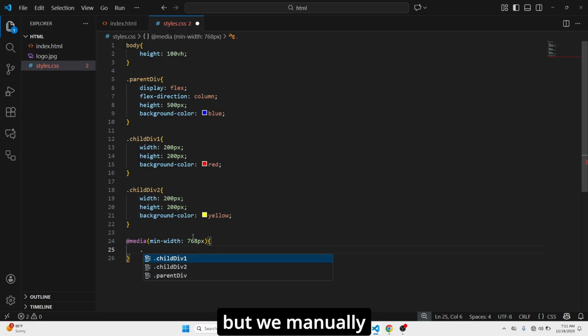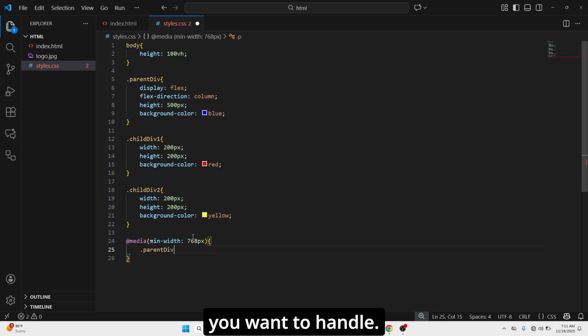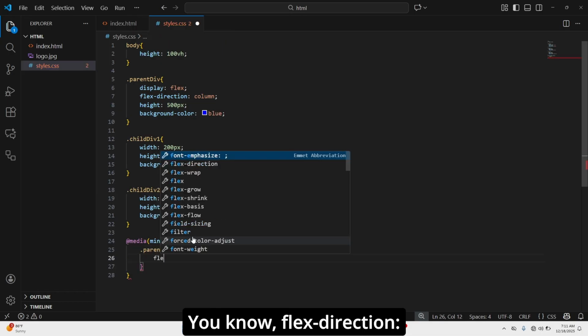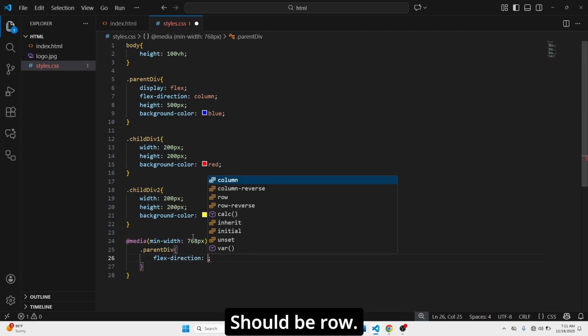By default it is a row, but we manually change it to column because we are giving priority to mobile first view, to smaller screen. But we'll now say, however, if the minimum width is 768 pixels, that is, if it is at least 768 pixels and above, it is no longer a smaller screen. So at this point, call the same flex you want to handle. You could say this now, then flex direction. You now say flex direction should be row,